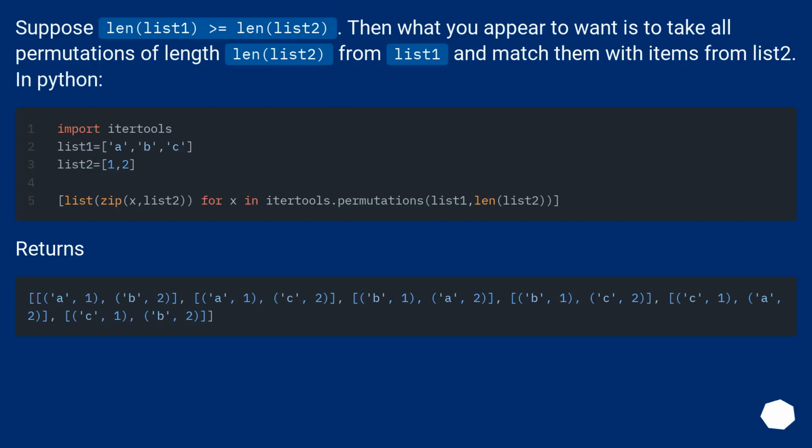Suppose len list 1 is greater than or equal to len list 2. Then what you appear to want is to take all permutations of length len list 2 from list 1 and match them with items from list 2. In Python, returns